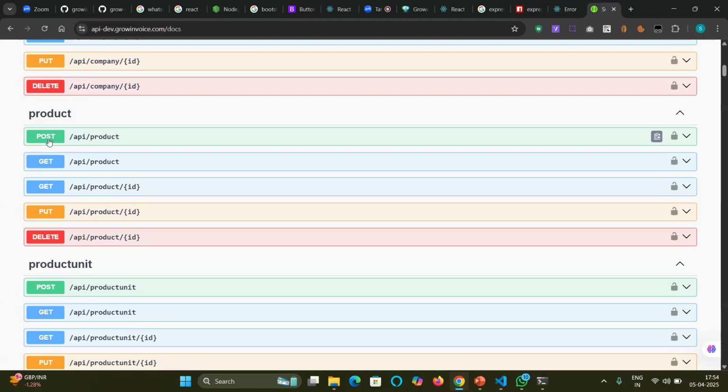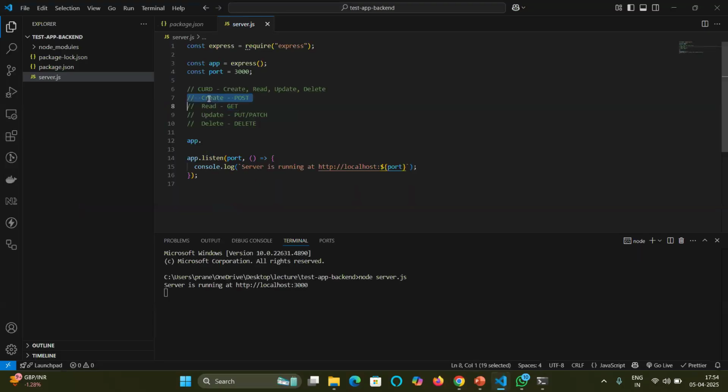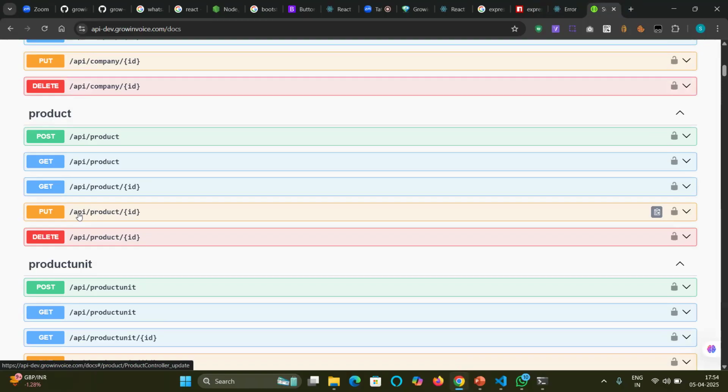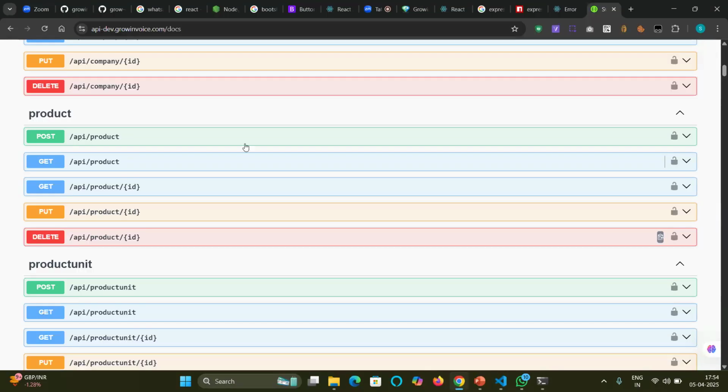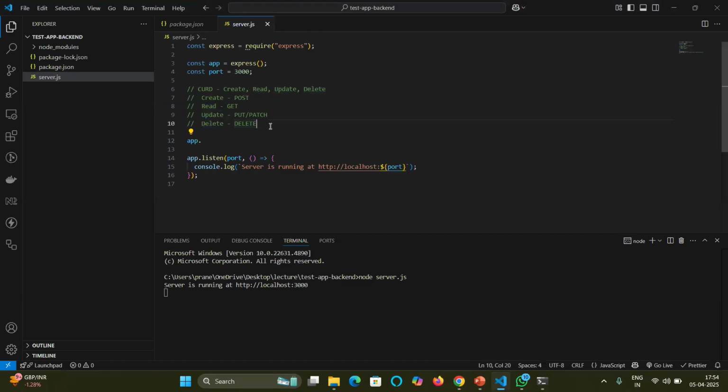Post is nothing but create. And there is a get, which is to read. And put is for update. And delete is to delete. So these types of API methods will be there. These methods, in their names themselves, represent the current operations. If you want to create any type of record, we need to have the API method as